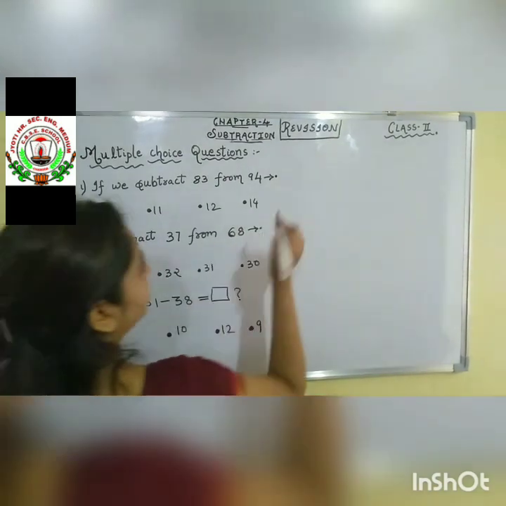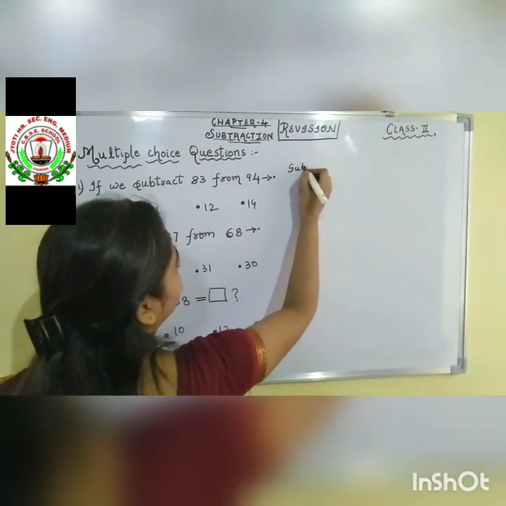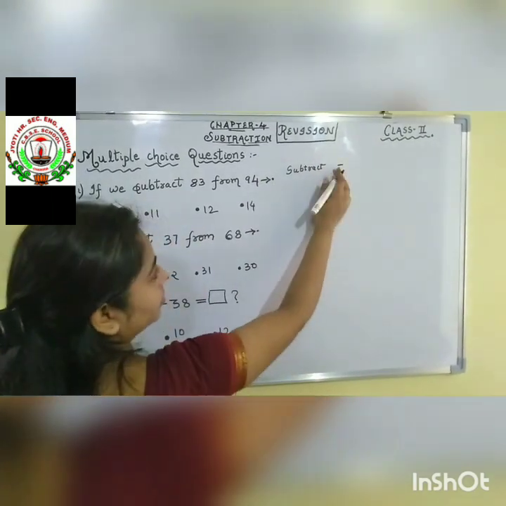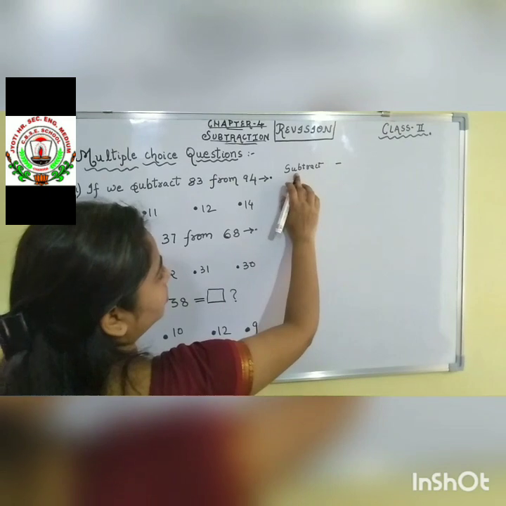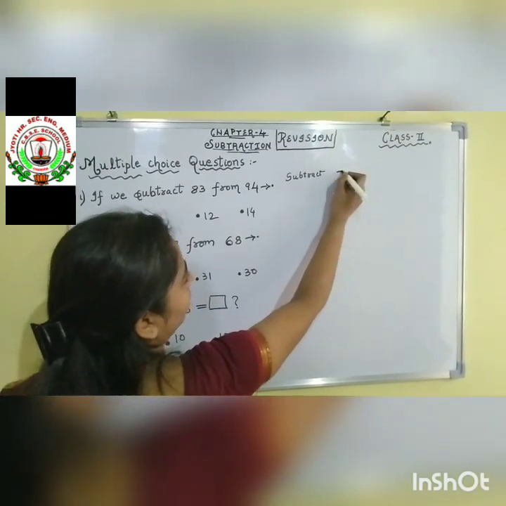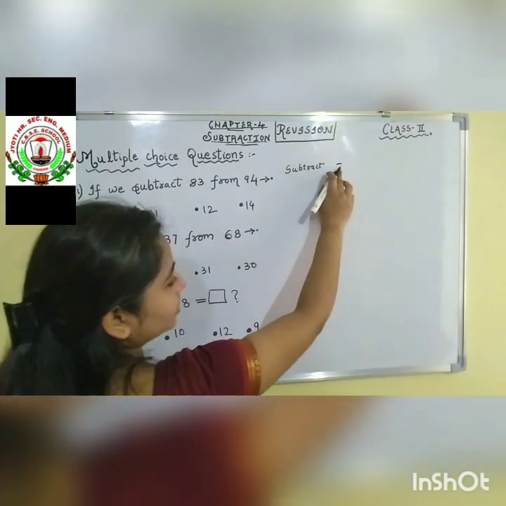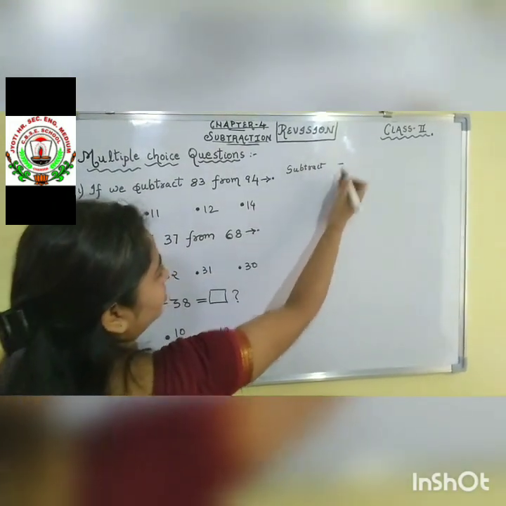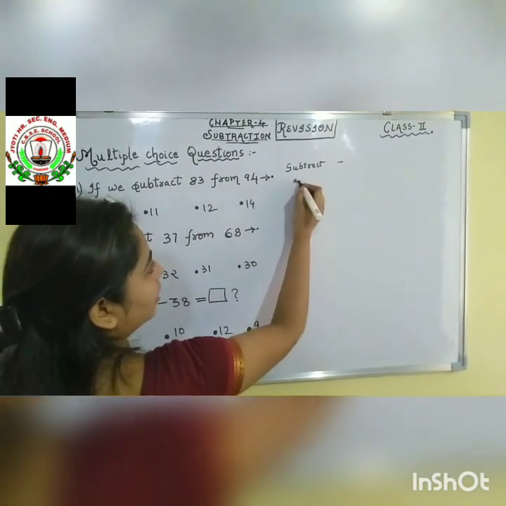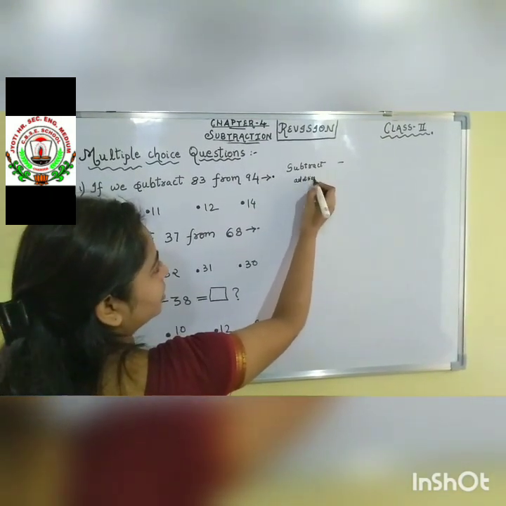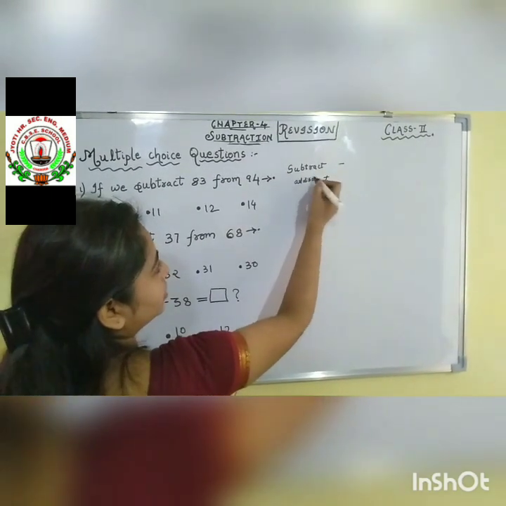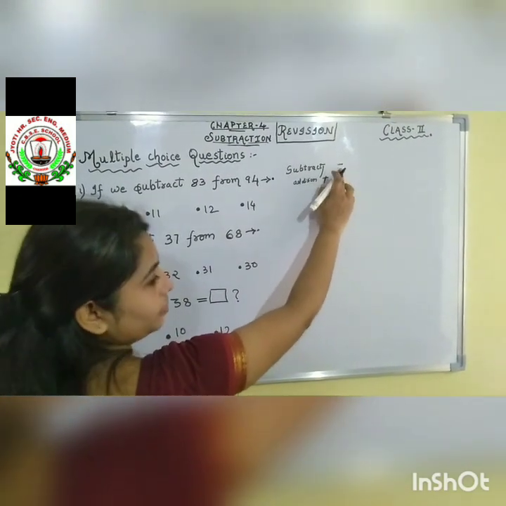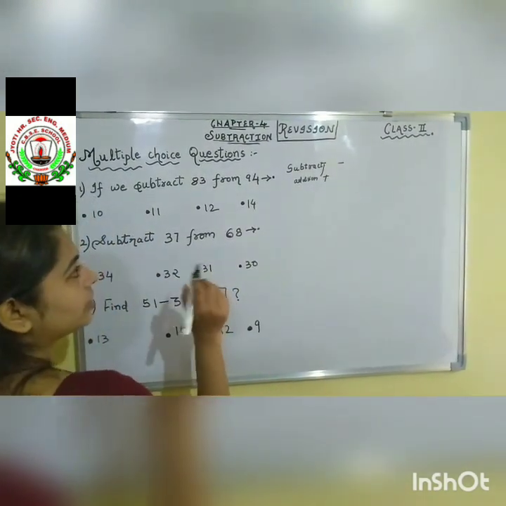Children, one thing you have to understand: the symbol of subtract is this. This is called minus. Okay, the symbol of subtraction is like this, and this is also called minus. Here we deduct the numbers. This is just the opposite of addition. In addition you used to add the numbers and the symbol is plus, but subtraction is opposite to addition. Addition we will add, and subtraction you will deduct the numbers.